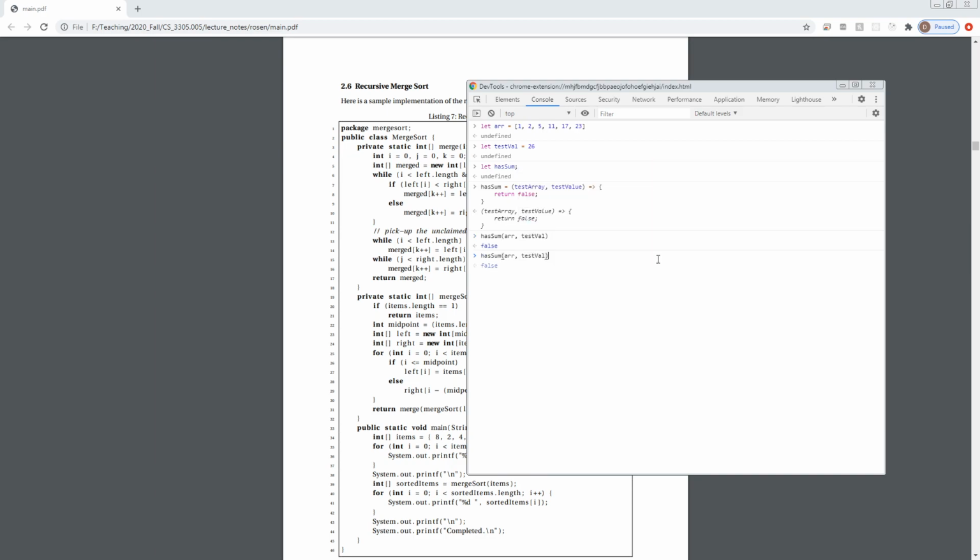Okay, that's great. Now, what if we tried testing for 3? That's 1 plus 2. Our function needs to be redefined. Okay, so let's hack some more. So now we need a variable. So we could use var here,